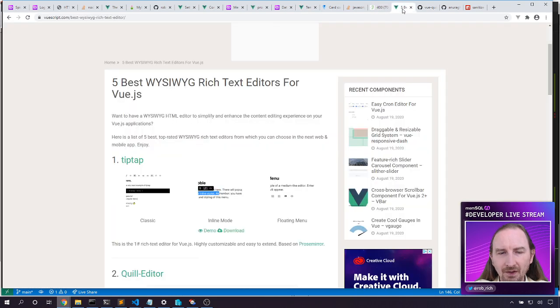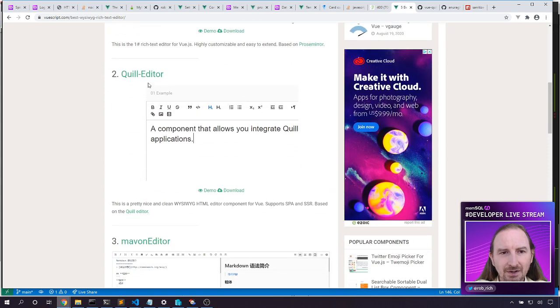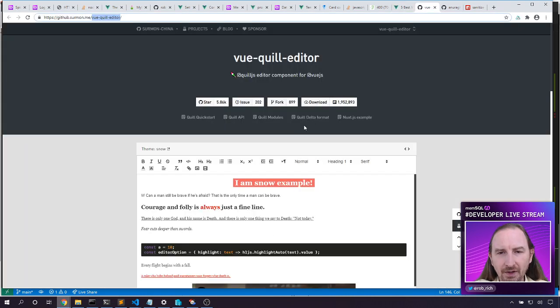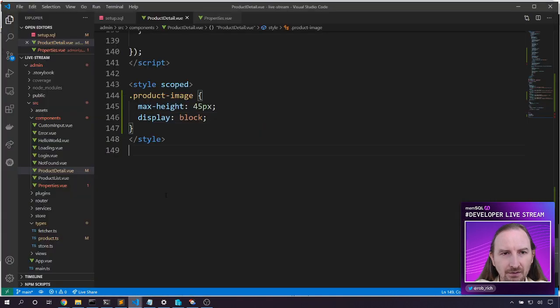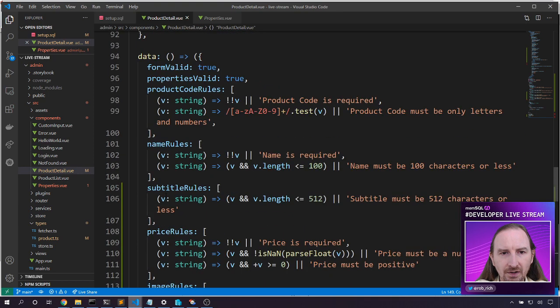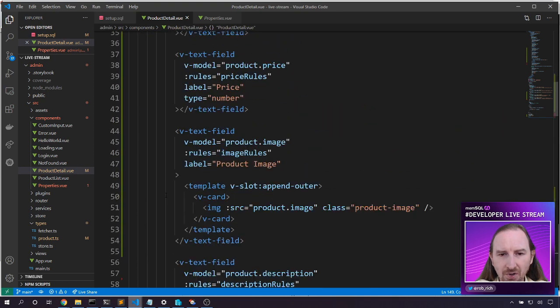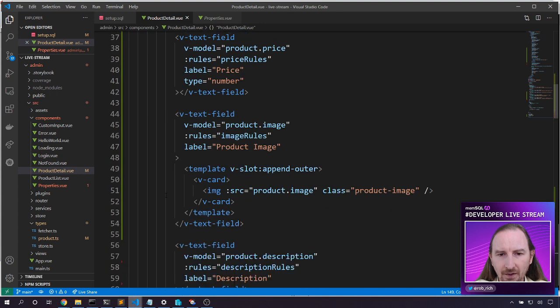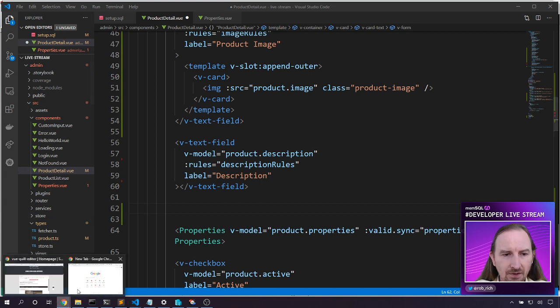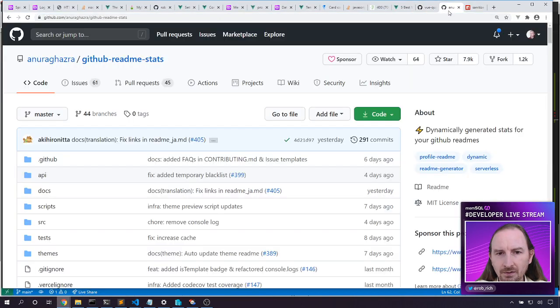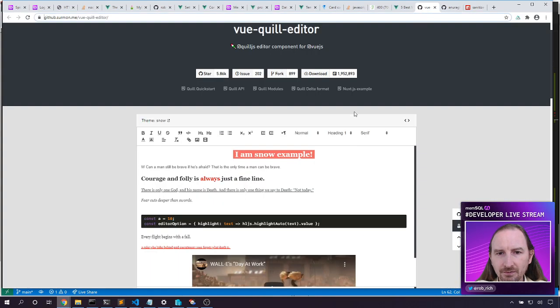That'll be fun. So Googling for it, best WYSIWYG rich text editor. Let's try Quill Editor, Vue Quill Editor. I've already npm installed Vue Quill Editor. And so now here inside this product.description, where is that? Description, there it is. Let's go grab a Vue text editor. Now in the docs for Vue text editor,